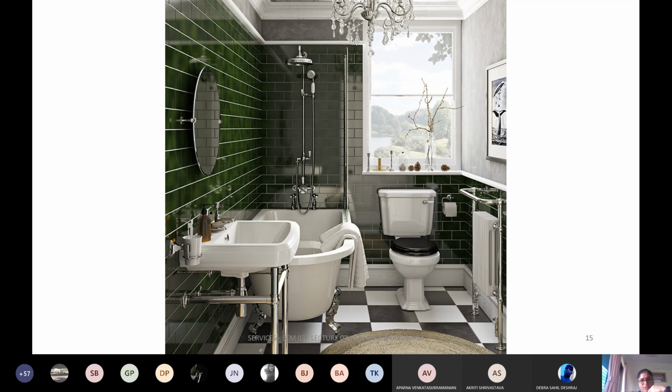This is in another space, another kind of thing. Now in each of the photographs, you see a window. It is mandatory that you need to have an external window for the toilets and your kitchens. All service spaces have to be naturally ventilated and well lit. So whenever you design toilets, ensure that there is daylight which penetrates through your toilets and your bathrooms, and as well there is a medium through which the fresh air can come in, and there is an exchange of air that happens.